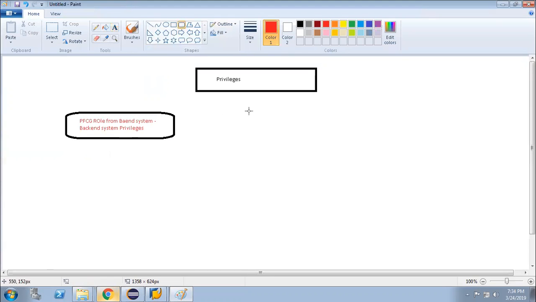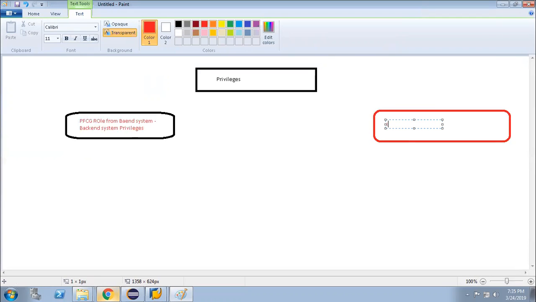There is another privilege which I mentioned. What is that privilege's name? IDM privileges, because these privileges are specifically present in the IDM system, to control access in IDM forms or in the IDM UI.